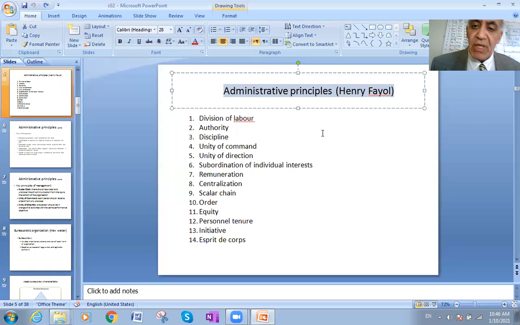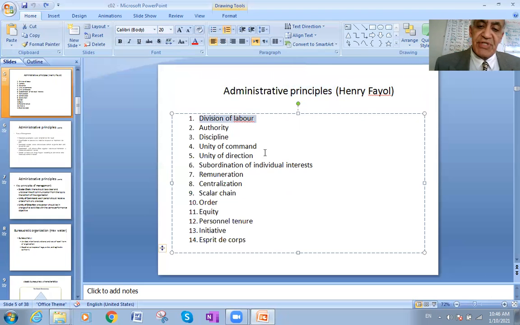Henry Fayol actually had 14 principles. The first of them is called division of labor. What do we mean by division of labor? Division of labor means to divide the work among people and assign each one to do a specific job. So now, as an example,